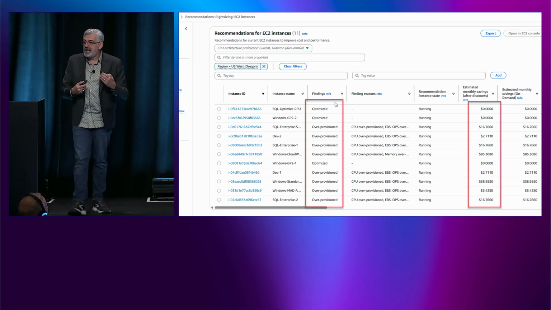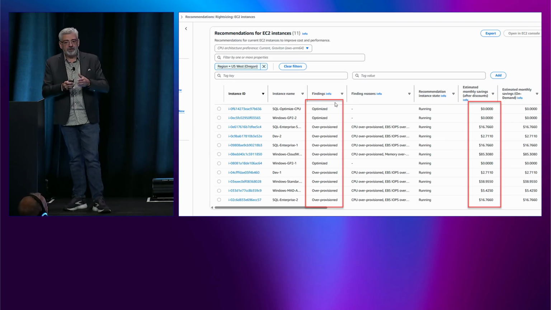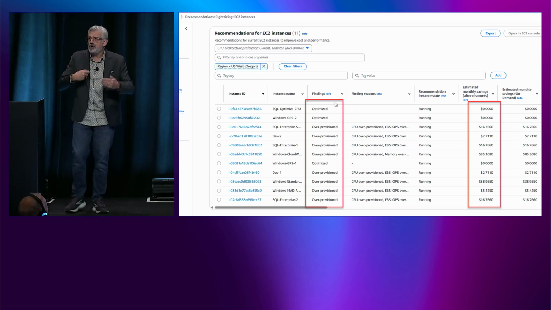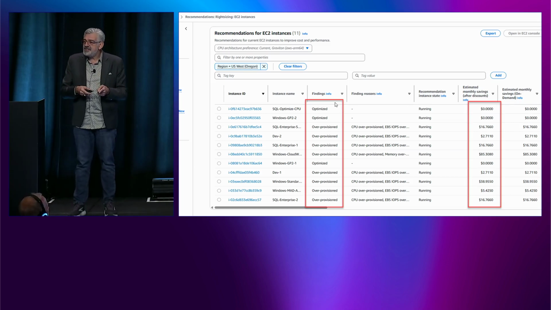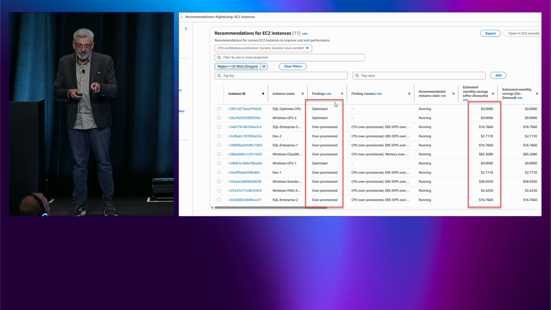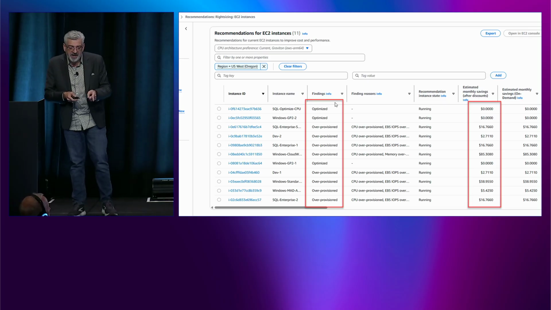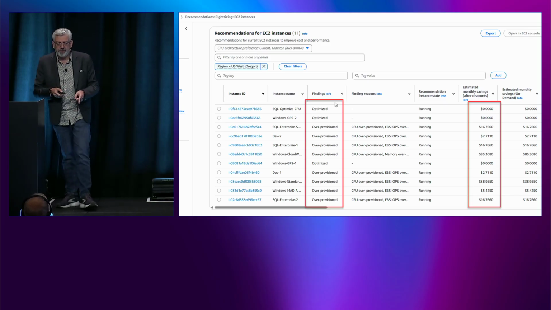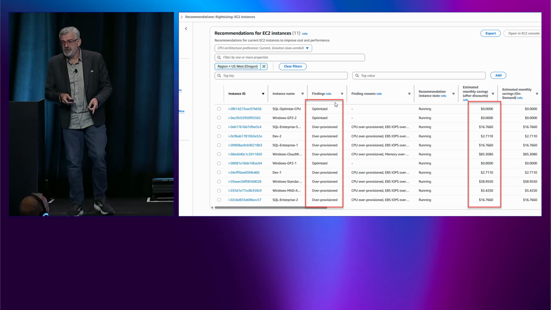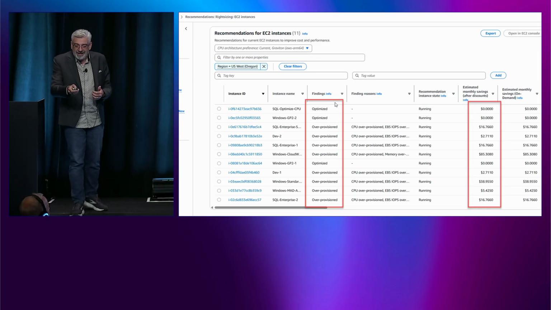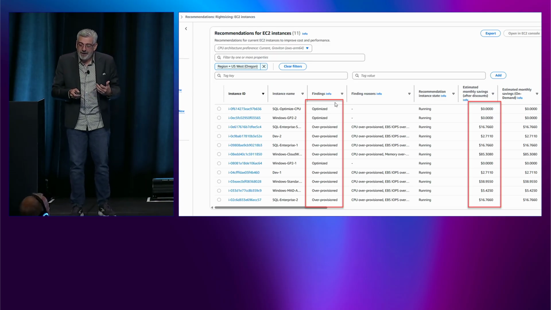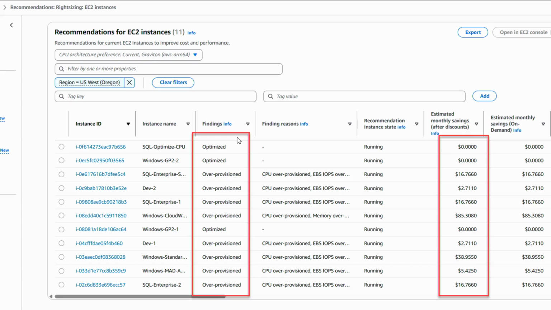And then it'll actually make a recommendation for you. It'll look at all your environment. It is looking at your workload. And then it's going to say, wait a minute, some of these instances are optimized. Some of them are over-provisioned. And then it tells you what is over-provisioned and why. In this case, CPU over-provisioned, EBS IOPS over-provisioned, and so on and so forth, because I haven't done anything with these machines. Basically, they're sitting idle, running something. But if you look on the right pane, it gives you an estimated monthly cost savings. So if we go back to my screen,